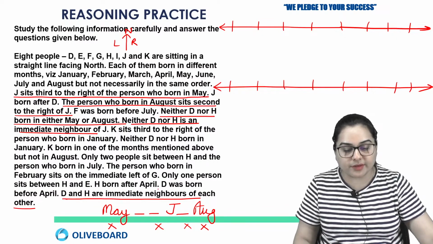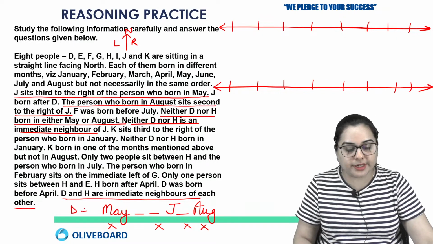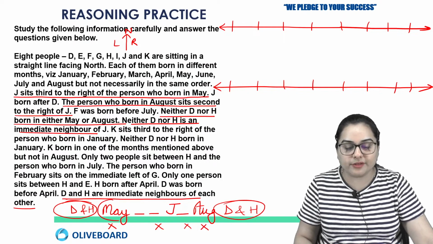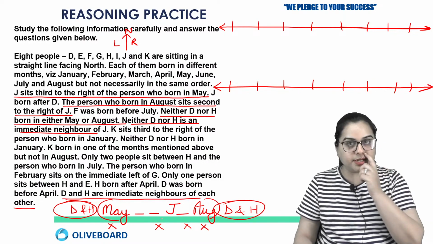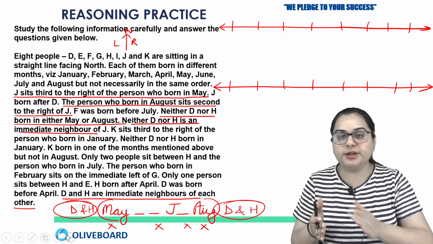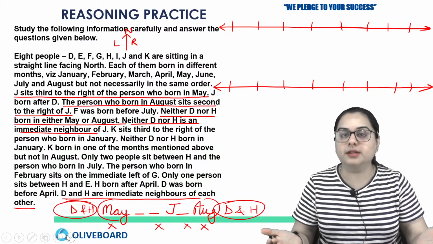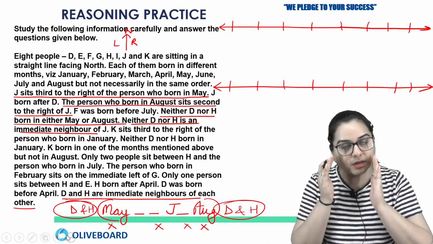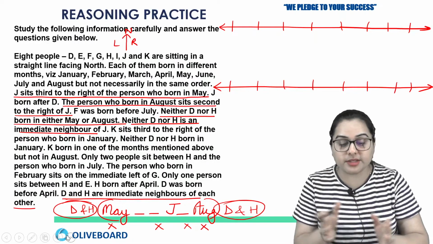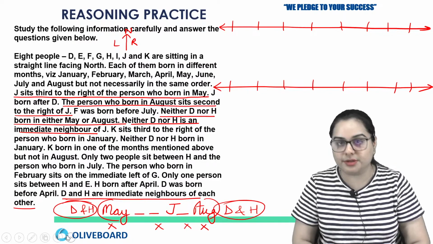But where can we write this? Either you are going to write the combination of D and H in the starting, or you are going to write the combination of D and H in the ending. So from May to August, this will be the sequence that we have to consider. But about D and H, either it will be written in the first 2 positions or in the last 2 positions, because D and H have to be together. And one more thing, D and H cannot be filled in between May to August.